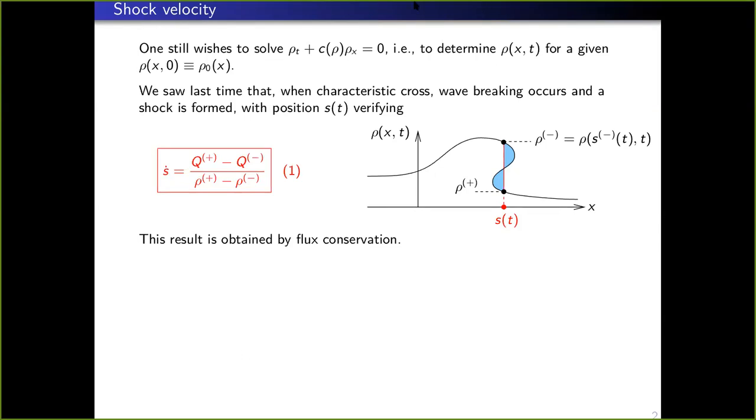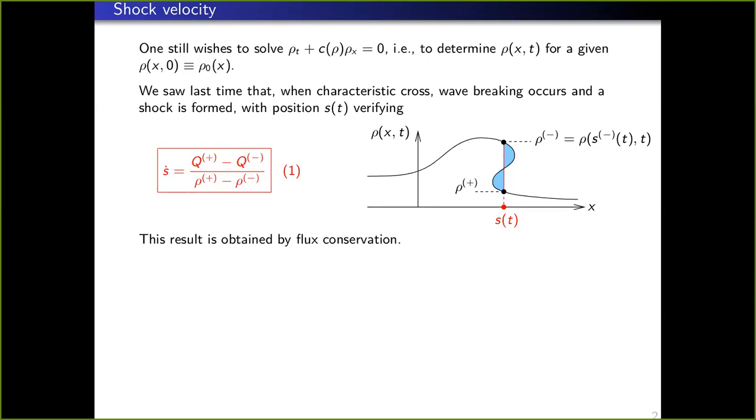So one wishes to solve again the same equation. This is the so-called Cauchy problem. One wants to determine ρ(x,t) knowing an initial distribution ρ0. So we saw last time indeed that when characteristics cross, wave breaking occurs and a shock is formed, and with